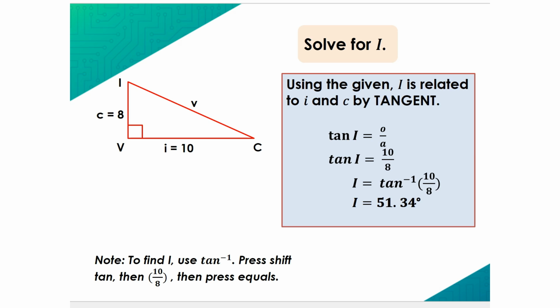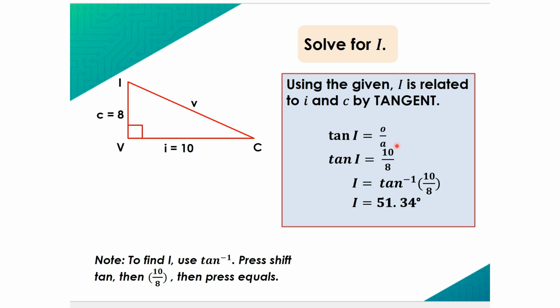Next, we will solve for angle I. Using the sides given, I is related to I and C by tangent. Why tangent? Using I as our reference angle, side I is the opposite side, and side C is the adjacent side. The trigonometric ratio, that is the ratio of opposite and adjacent, is tangent. We will now substitute O with 10